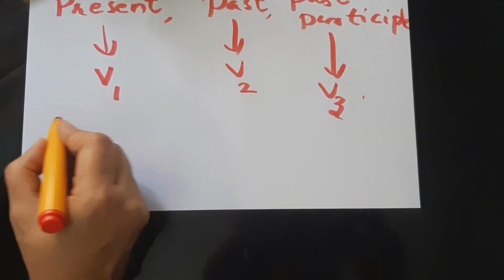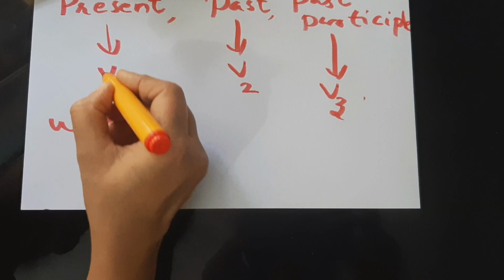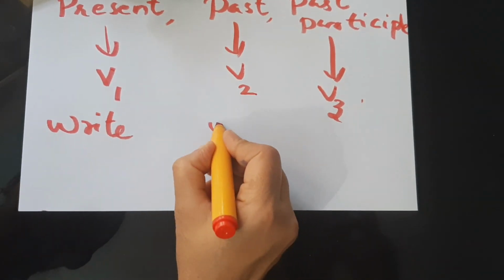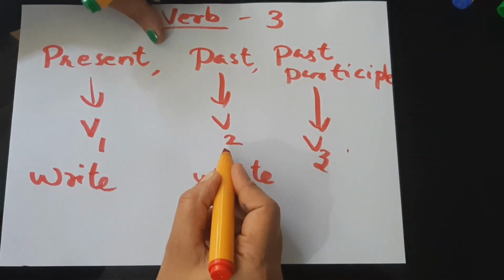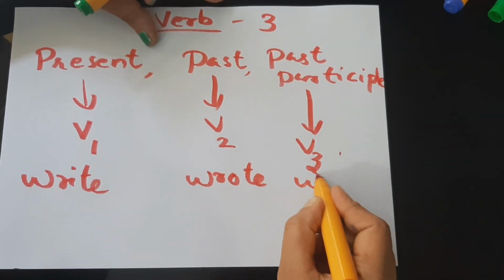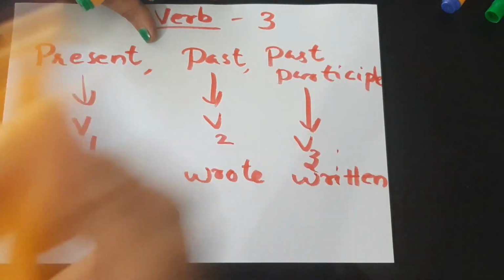For example, write is the present form, that is V1. Wrote is the past form, that is V2. Written is the past participle form,